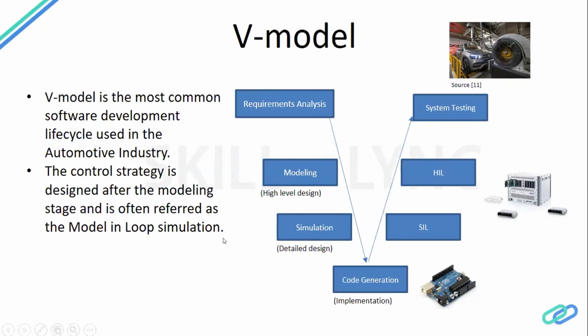Now we'll start with requirement. What requirement do we want for our semi-active suspension? We will start with a very simple requirement. We won't focus on a lot of performance parameters. That's true, vibration is the most important parameter. If you want to control the vibration, then only the passenger will feel comfortable.